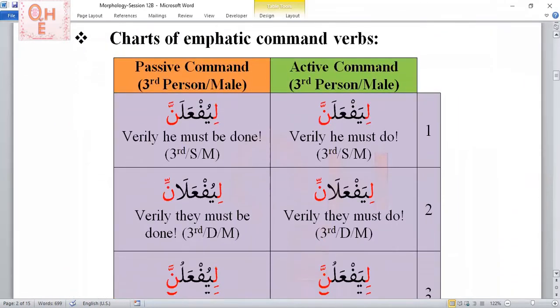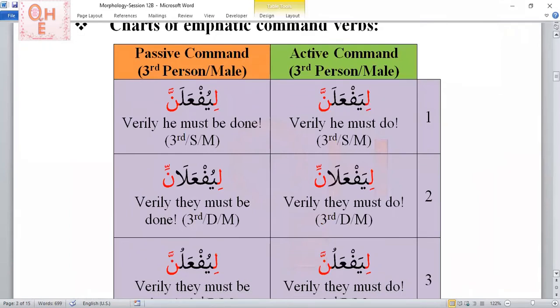This is our first chart. As you saw in the series of videos that we have been doing, the first chart, the purple chart, is always regarding the third person male. In this chart, I'm going to read only one verb, because I told you in the last session that many of the emphatic conjugations usually don't appear in the Arabic language. For the sake of completeness, we are showing all the conjugations. So the first one for the active emphatic command verb,